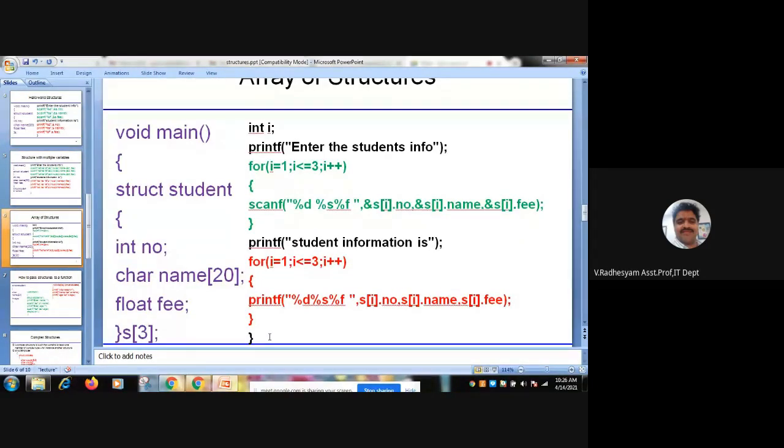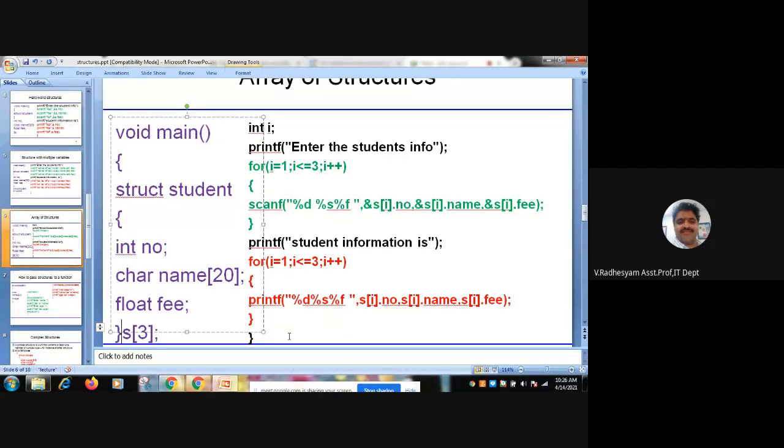Now the difference comes into picture here. See the s of 3. This s is not a normal variable.